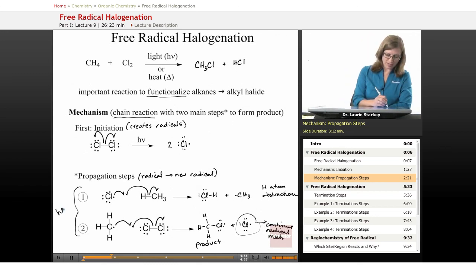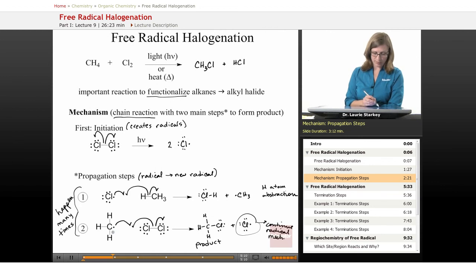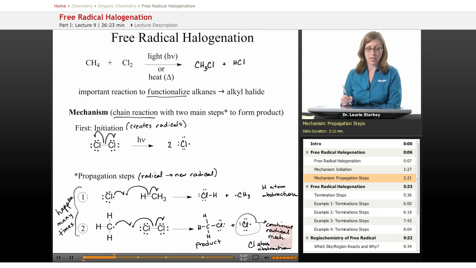These happen many times. And these are the two main steps I described in how to form your product: plucking off a hydrogen atom from the alkane, and then the resulting alkyl radical plucking off a chlorine from Cl2. We could describe the second step as a chlorine atom abstraction. So after our initiation step, all the steps of our free radical halogenation are propagation steps that are atom abstractions. Now, what else can happen in a radical reaction? Another thing that can happen